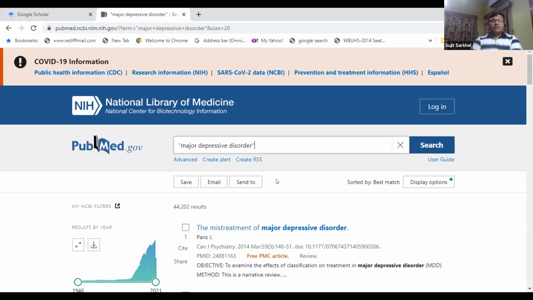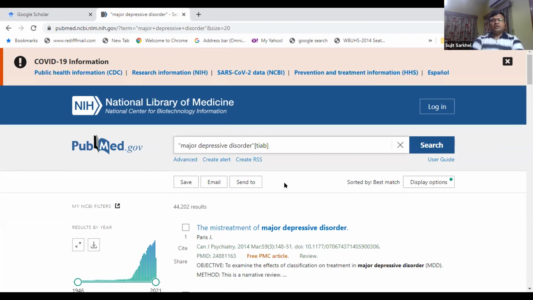Next, I will give one example of a field search. You see, you have 44,202 results, and I think it is showing major depressive disorder occurring in any part of the article. What I will do now is put TIAB here.